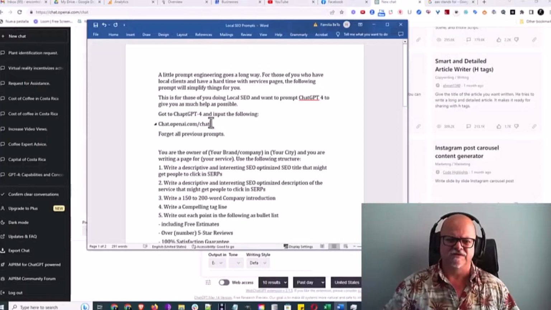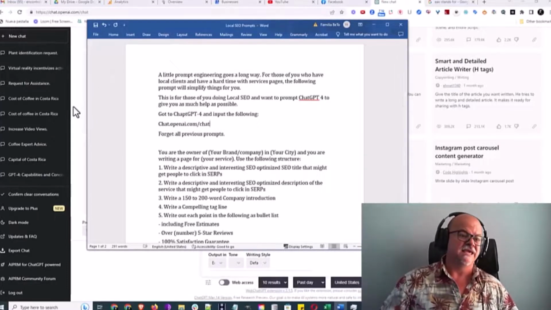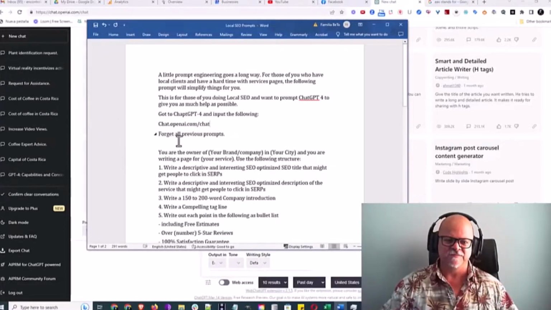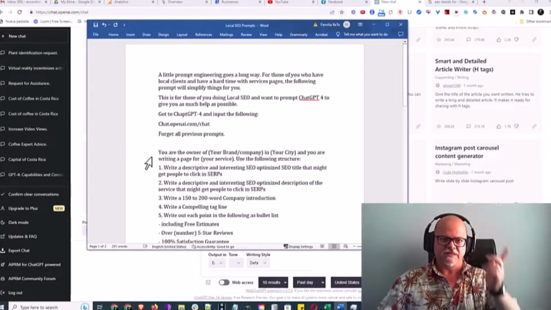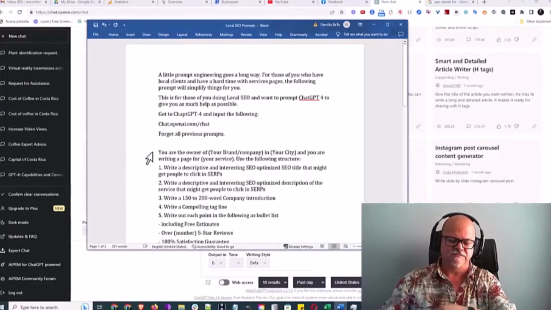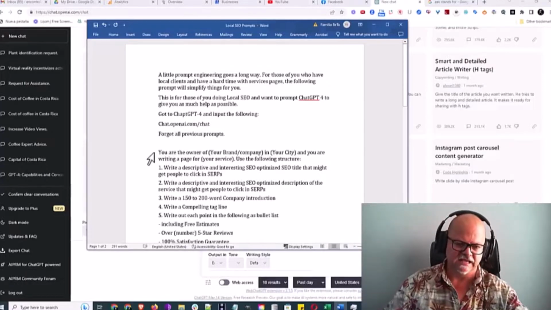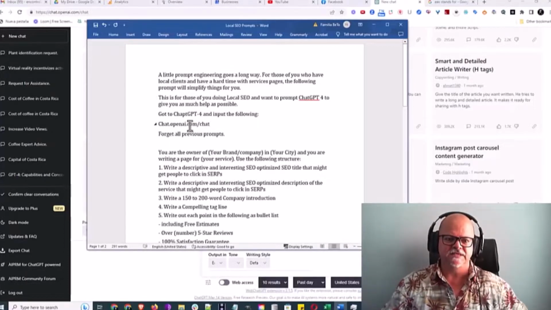I have it from a long way back, so I can usually get in here in ChatGPT 4. If I can't get in here directly, which sometimes it's difficult or it's bogged down, I know that I can go to openai.com to the playground and get in through there. I click a button in there and I can usually get access to ChatGPT 4.